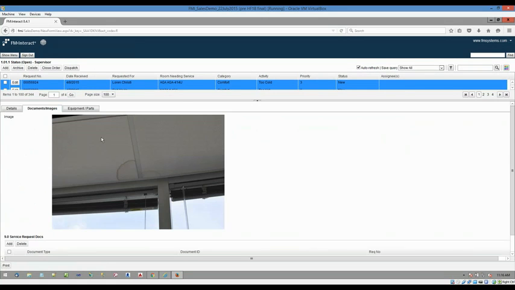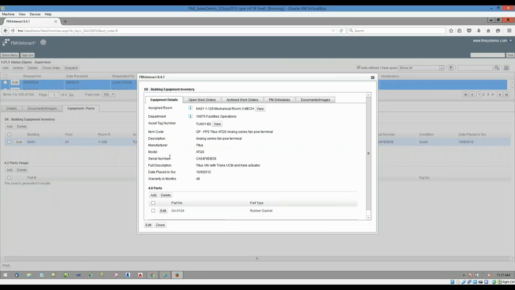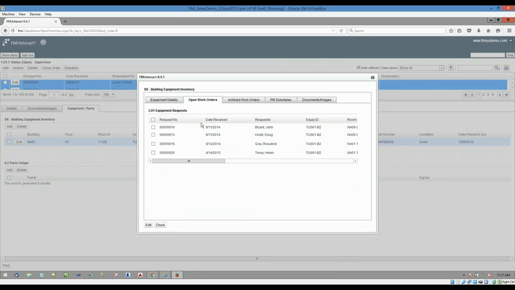Now, in this case, through some investigation, we discovered that this was actually tied to a piece of building equipment, and that's why we're having this problem. Okay, so I or the technician has associated that piece of equipment with this request. So whether I'm the supervisor or the technician out in the field on an iPad, I'm able to reference this information. So once I click through this piece of building equipment, I'm able to see some of the basic details, where exactly it's located, warranty information, parts that may have been recently ordered, but more importantly, some of the details